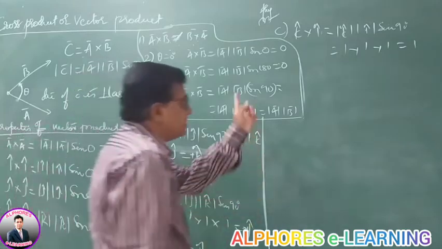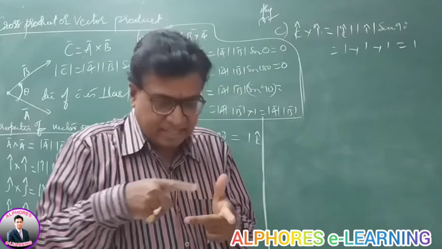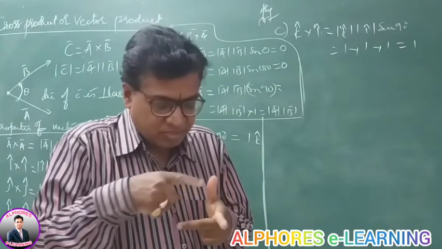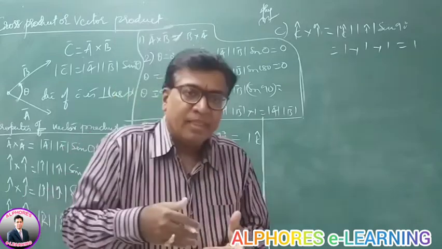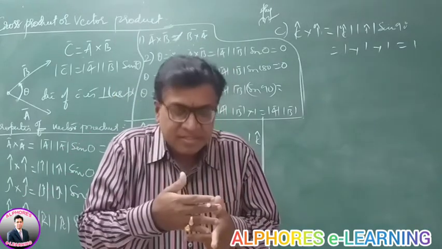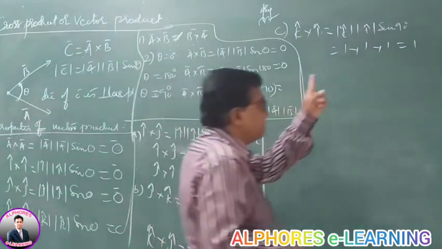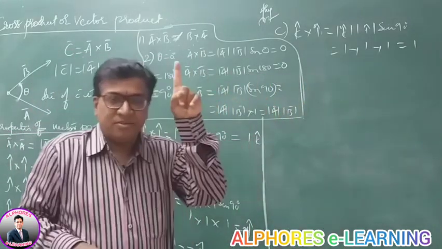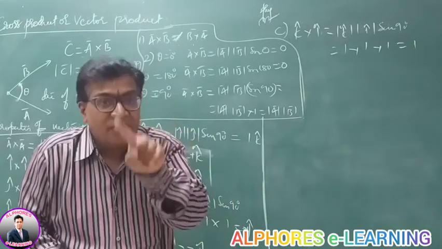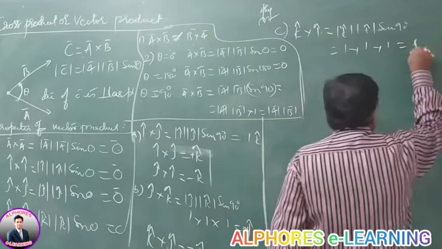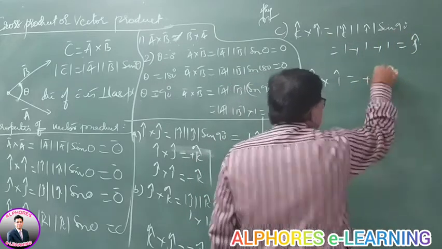Perpendicular to both the z axis and the x axis. So k is along the z axis, i is along the x axis. The resultant is perpendicular to both vectors, to the plane of z and x, and that is y. So it is a vector of one unit magnitude perpendicular to both x and z. It is the unit vector along y, that is j. Very beautiful. So k cap cross i cap is plus j.